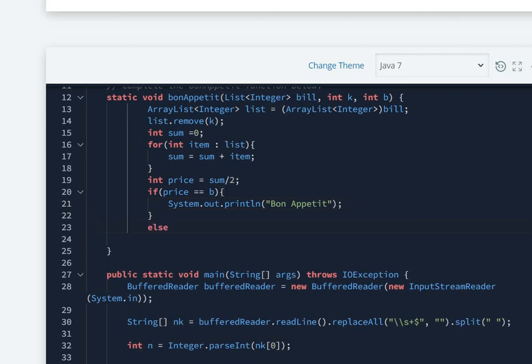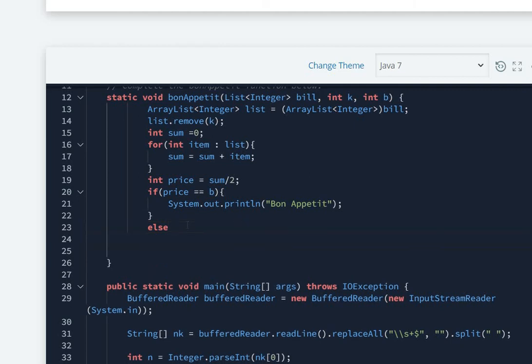Else we are going to print the difference, b minus price, and we have to include this string because this function accepts only string arguments and not int arguments.